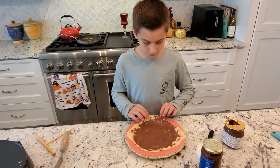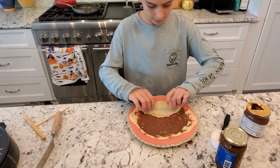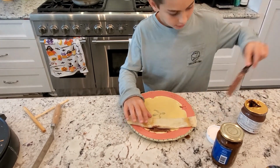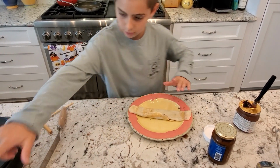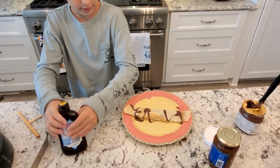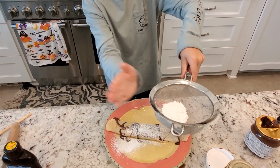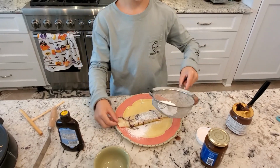When you're done spreading the Nutella, you have to fold your crepe. So first you fold this edge up, and then you just keep doing that until finished. At the end, I'm just gonna put just a little bit, a line of Nutella, so that sticks. Okay, so now I'm gonna drizzle a little bit of chocolate on here. And I'm gonna put this in here. And there you go. There is your crepe